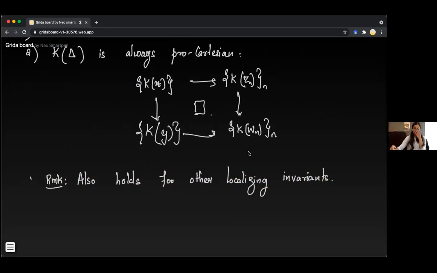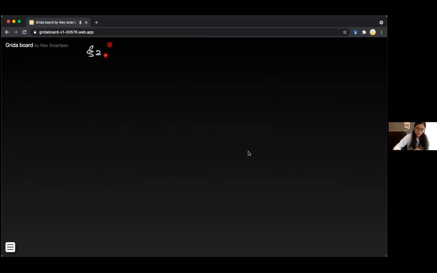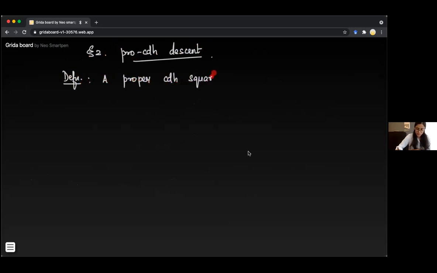Okay, so now that we have this, what I want to do is use this to prove pro-cdh descent for stacks. Okay, so pro-cdh descent. Before going into that, let me recall what cdh squares are. So a proper cdh square, or also called an abstract blow-up square,